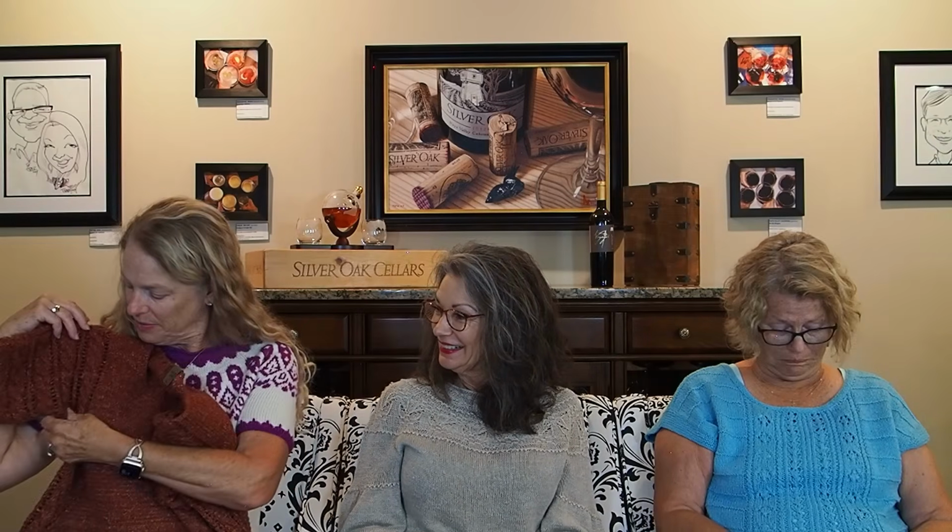So the yarn that I used was the Brooklyn Tweed Dapple in the colorway Blaze. And that is a half cotton, half merino. And this is a bottom-up sweater, and you end up picking up stitches to make the sleeves as you go up. So you actually do a front panel and a back panel, and then you do a three-needle bind off for the top, and then you just seam the bottom,